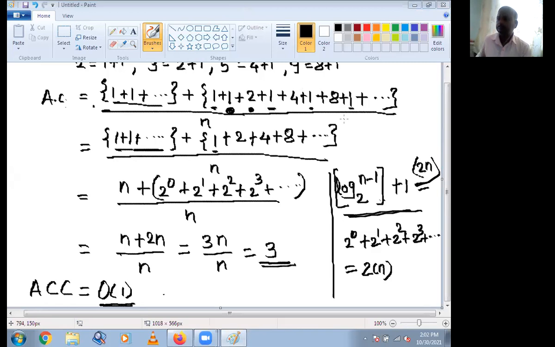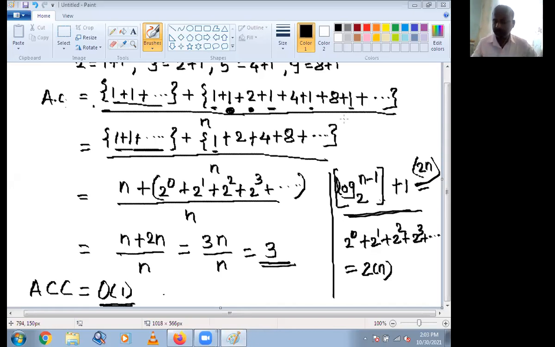As previously told to you, there are three methods: aggregate method, accounting method, and potential method. In the aggregate method, we can determine the upper bound, that is the actual sum of cost.